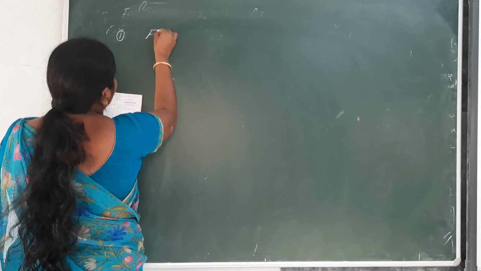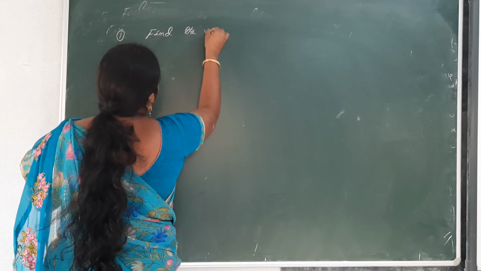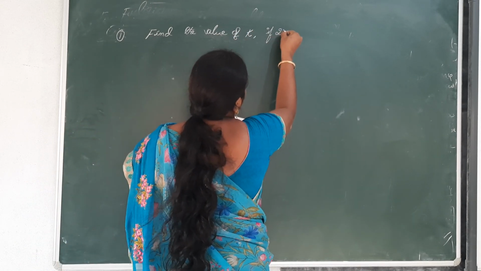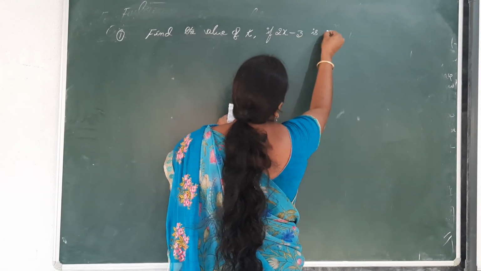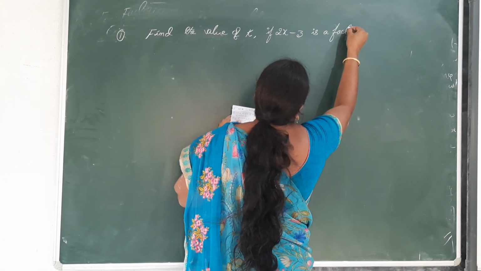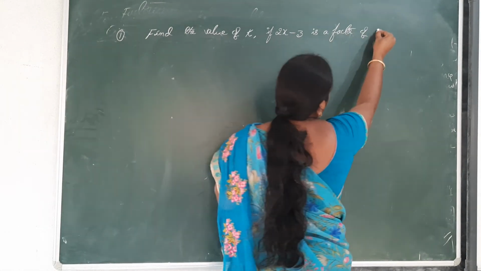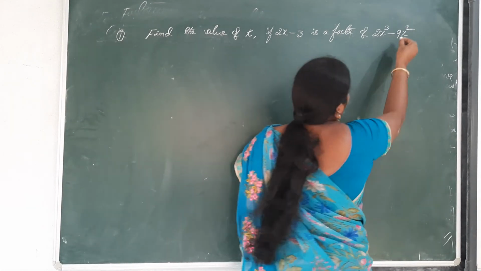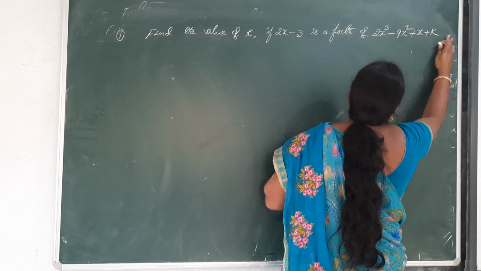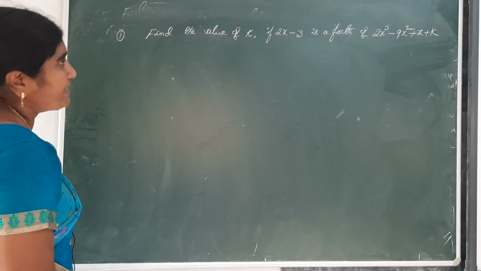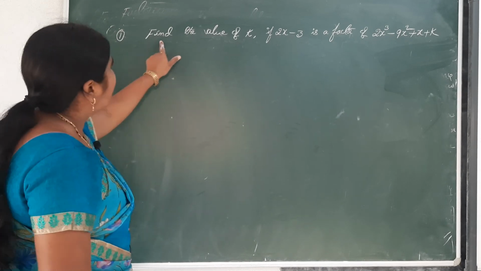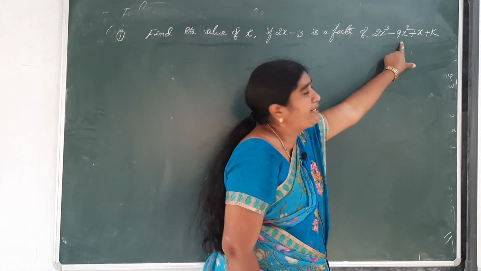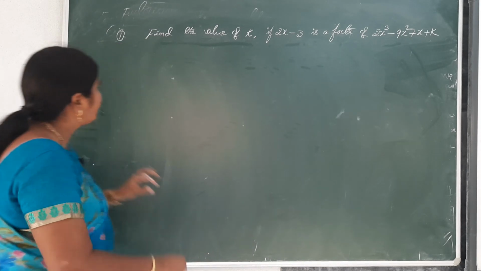Find the value of k. If 2x minus 3 is a factor of 2x cube minus 9x square plus x plus k. Find the value of k if 2x minus 3 is a factor of 2x cube minus 9x square plus x plus k. Solution,